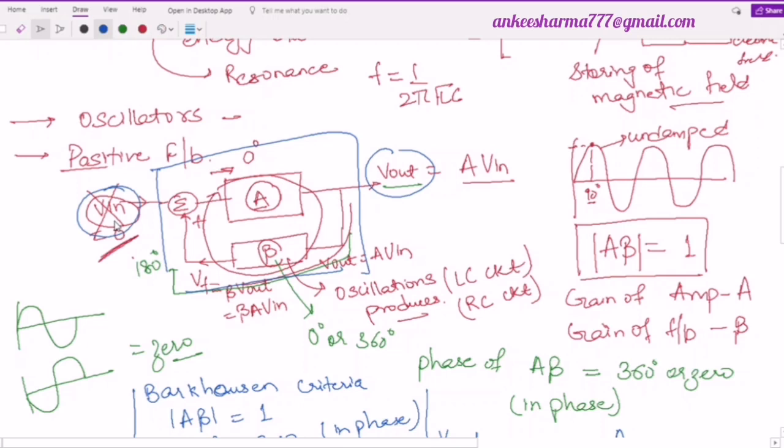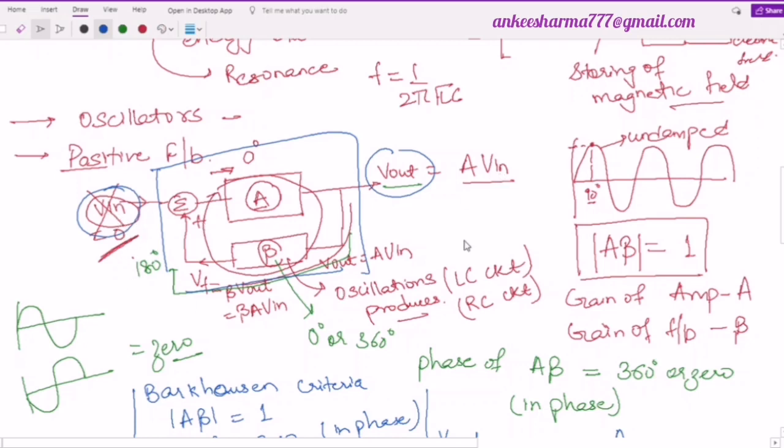So now the next question comes: from where does this V in come? Because unless V in comes, you will not achieve V output, because V output is A times V in. If I am saying V in is 0 in the starting, then what will the output be? 0. If the output is 0, then the feedback will also carry only a 0 value. So how is this